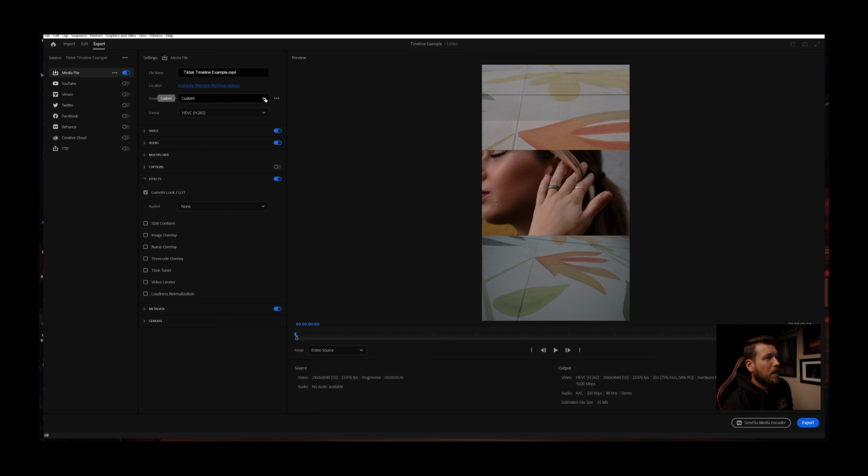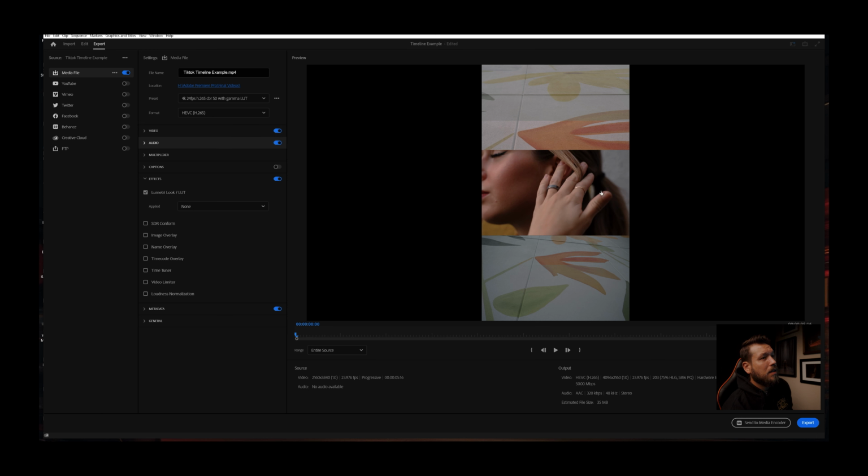So whenever I go into my preset that I've already made, so if let's say that you already have it however you want to, you can just go right here and save the preset, name it whatever you want. I already have one saved, so there's no point for me to do this twice. But so I go right here to my 4K 24 frames per second, H.265 CBR 50 with my gamma LUT conversion, so that whenever I click it, see how it gets a little bit darker, just ever so slightly, and